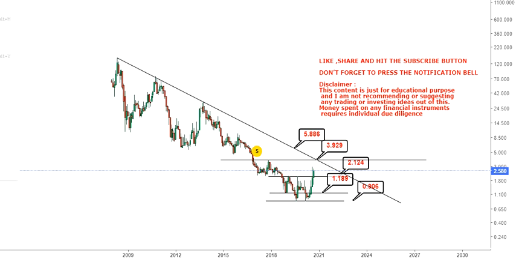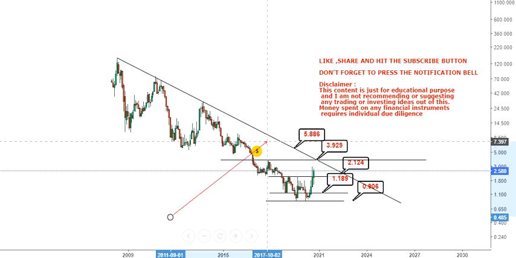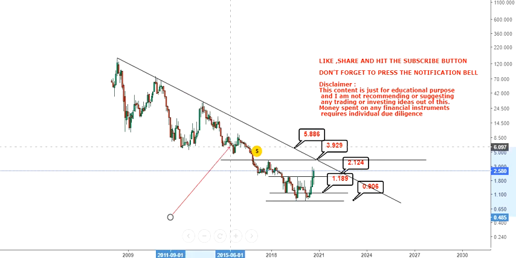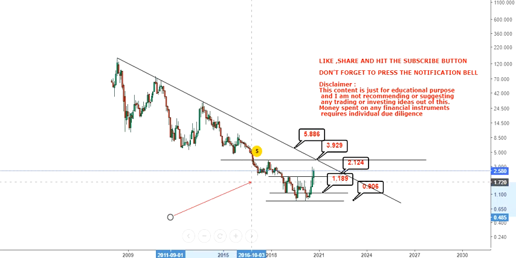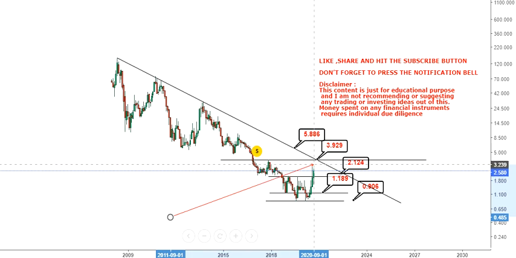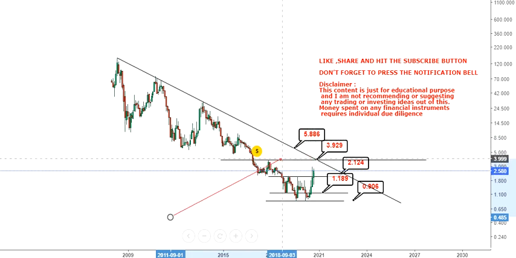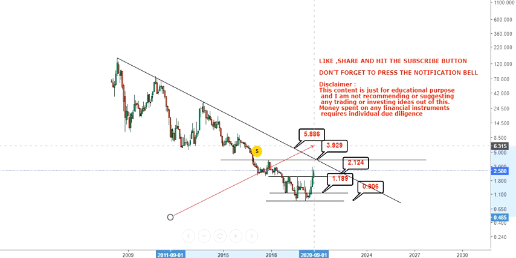Let's understand this first. You can see this line, this is a big trend line, and the stock is residing on the left hand side of the line, which you can call a bear trend or the negative trend. If the stock manages to get on the right hand side or the other end of the line, then it will probably be considered a breakout from the long-term trend.